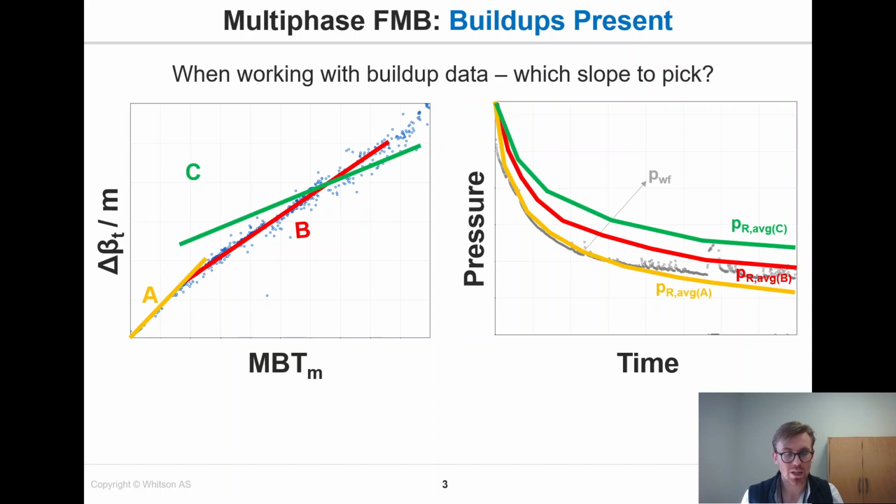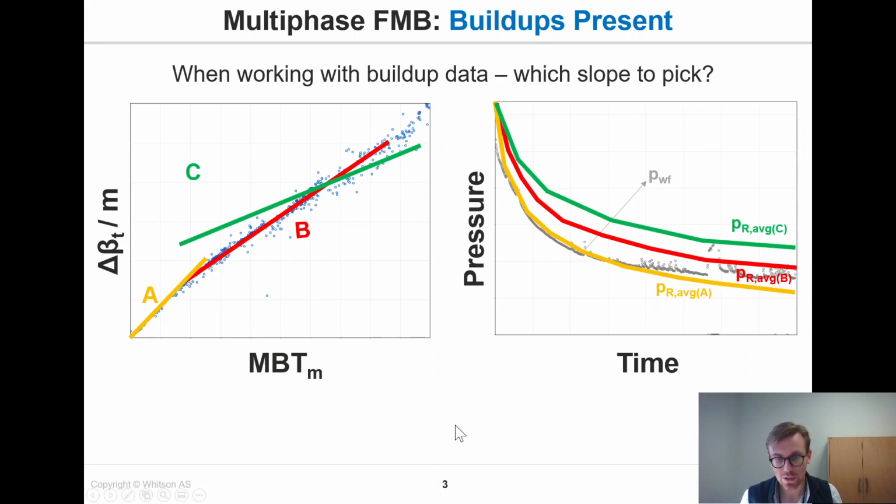Okay, and then you might say, but yeah, the diagnostic plot to the left is not exhibiting this type of slope, and that's true. It's not exhibiting that type of slope yet. When you're just using pure depletion data, it's not observing that pore volume yet. But if we gave this well even more time, we would eventually see it at least falling onto a slope